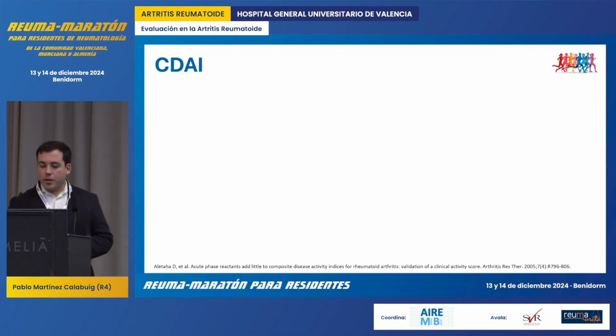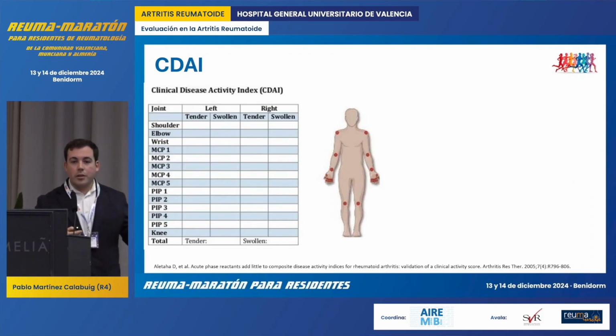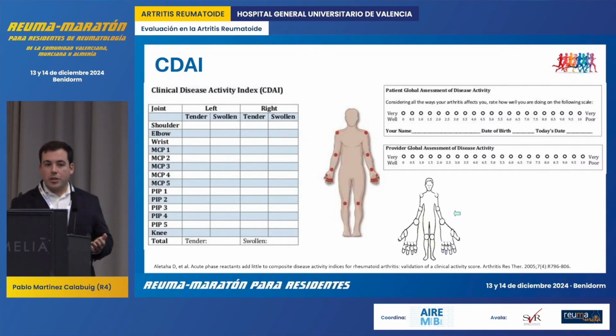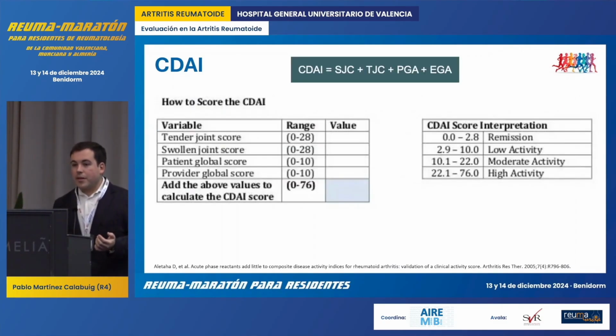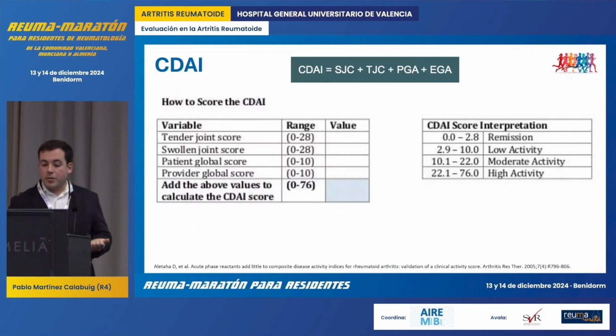Now we're going to talk about the Clinical Disease Activity Index, or CDAI. Very simple, we're going to go back to counting the 28 joints as we did with the DAS28, and we're going to add a patient's pain assessment and a physician's assessment. This one, however, is just a sum. We're no longer talking about a calculator. This is much simpler. We add up all the variables, and in the end, it gives us